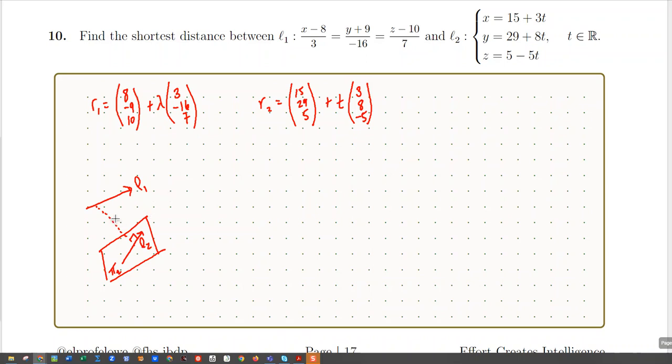And because we're going to be on a perpendicular, I'm going to want to determine the normal vector between these two lines. Right? And so my normal vector, I can find in a number of ways. I'll use the determinant approach. And so we'll have the line 1 vector directionalities, 3, negative 16, 7. And we have the line 2 directionality, which is 3, 8, negative 5. So if I look to those, then I know that I'm going to have in the I direction, or in the X direction,